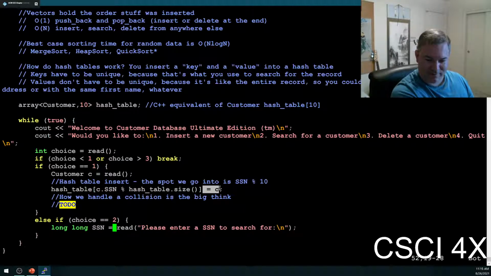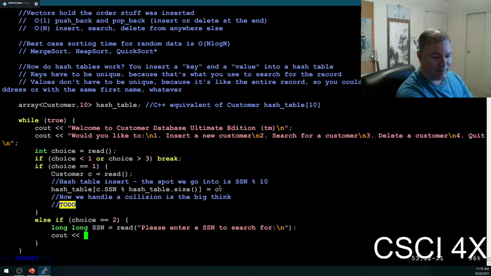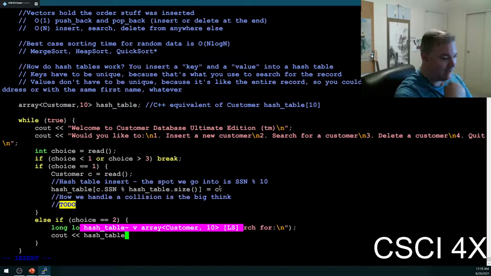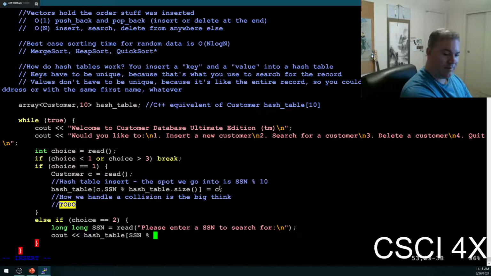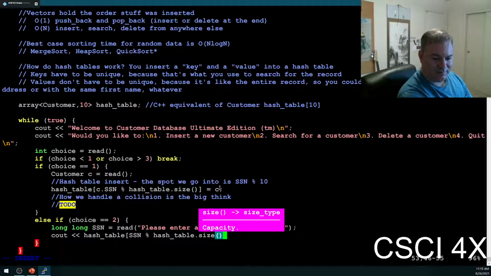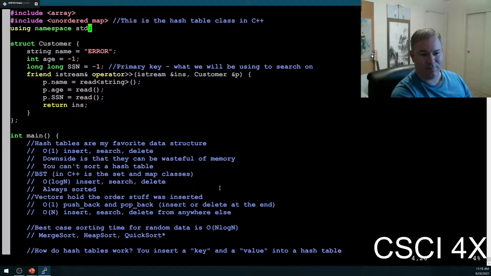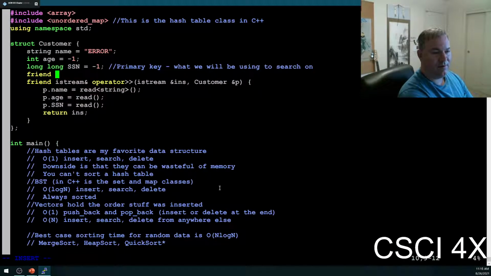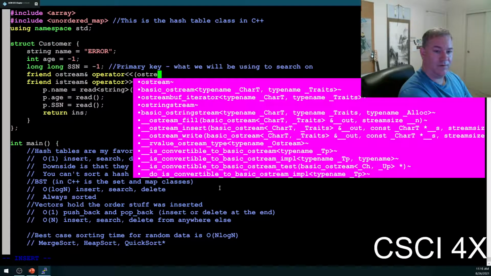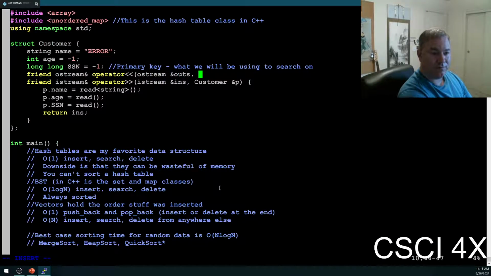For the second choice, please enter SSN to search for. They type in some number, and then we'll simply see out hash table, social security number record modulus hash table dot size. Again, we're assuming there's no collisions. And we don't have a double left arrow operator for this setup, so we'll do that. So friend ostream operator double left arrow, ostream outs